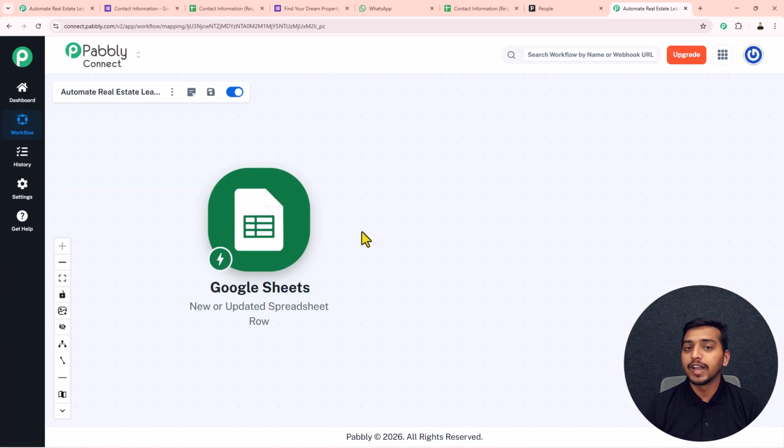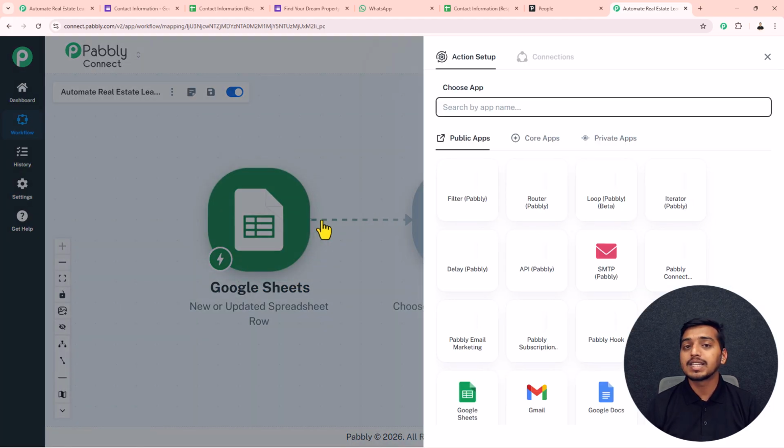From now onwards, whenever my customer will fill up the form, automatically all the details of that customer will get captured as a response inside my Pabbly Connect account. Now we have to work on our action application. For that, we have to click on this plus button, and here at first, as I want to send a